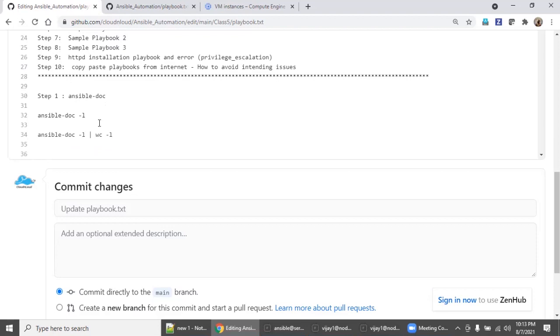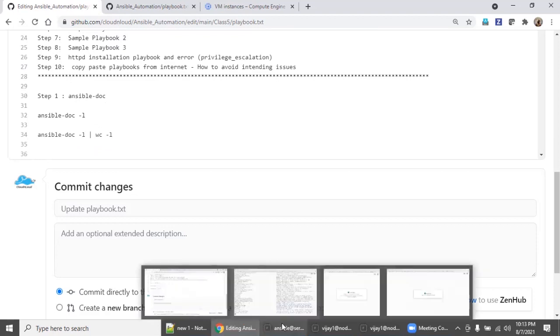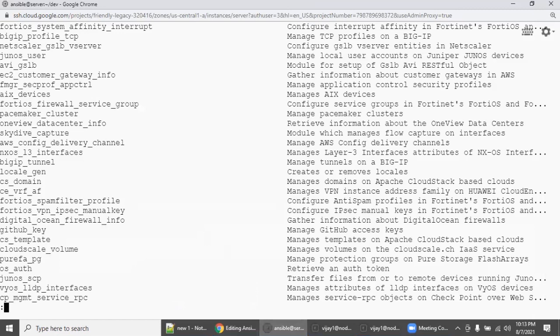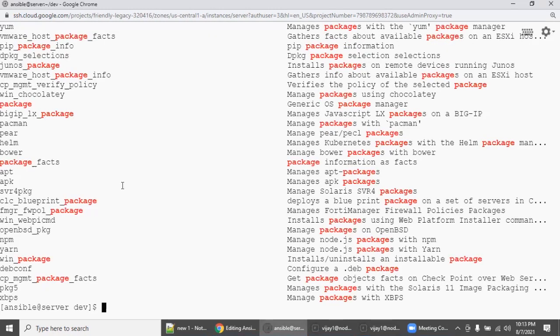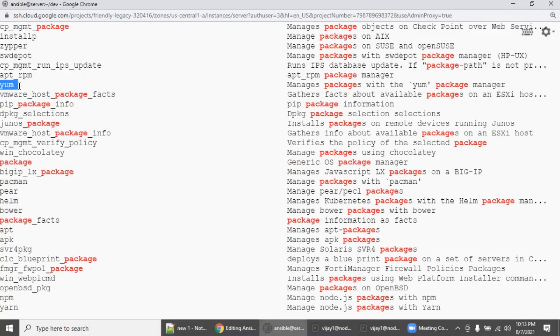In this, I need some patching-related or package-related modules. So go here, run the same command, grep, say package. You know the word package. I want to know what all the package-related modules are. Come down, there is yum. You can refer to them one by one, but since you will practice many times, you can easily pick this up. So I'm planning to go with yum.